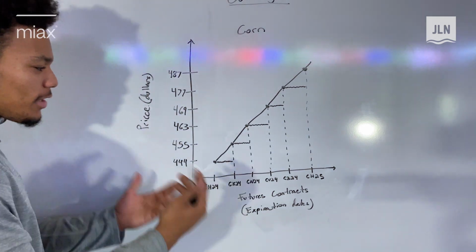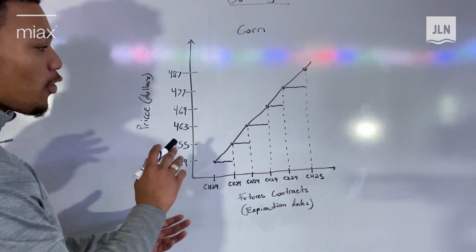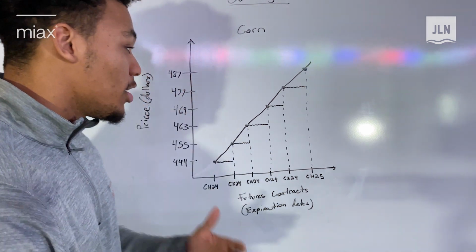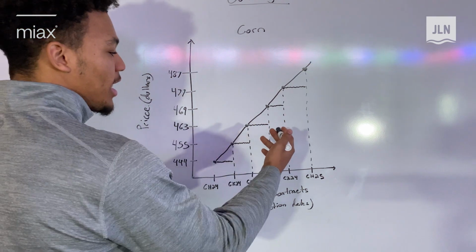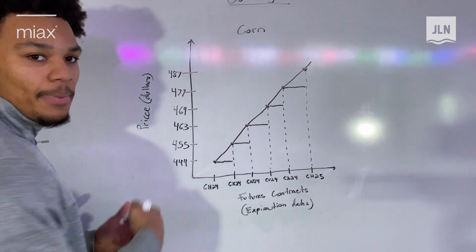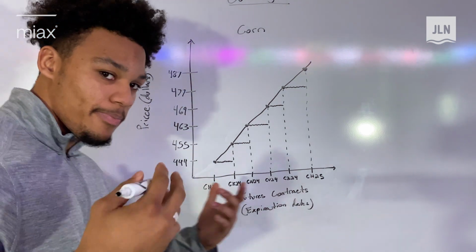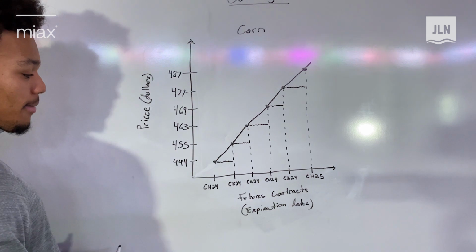Okay. Now let's talk about this from an investor or a trader's point of view. Let's first start off. Let's say I'm inherently long on corn. I think corn is going to go up even farther. I'm more bullish than even what the expirations are saying. They're going to go up in the future. And let's say I want to participate in this market, and I'm already a participator.